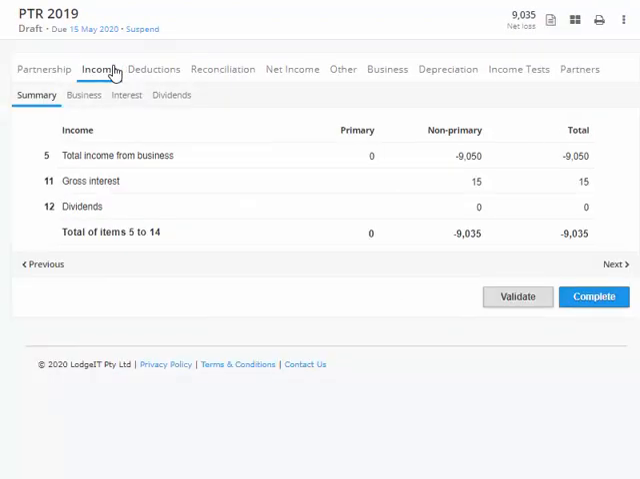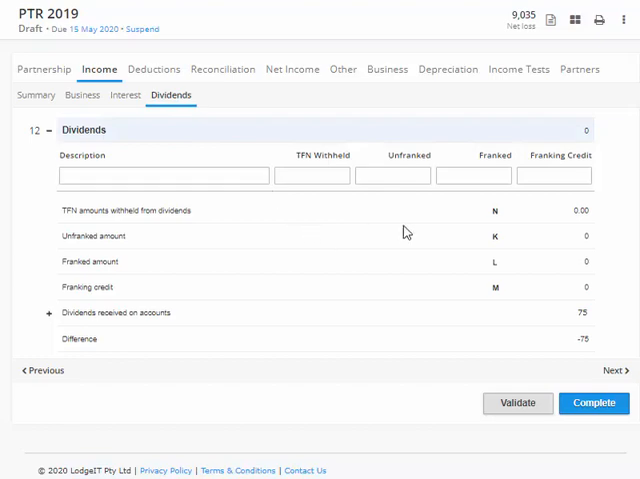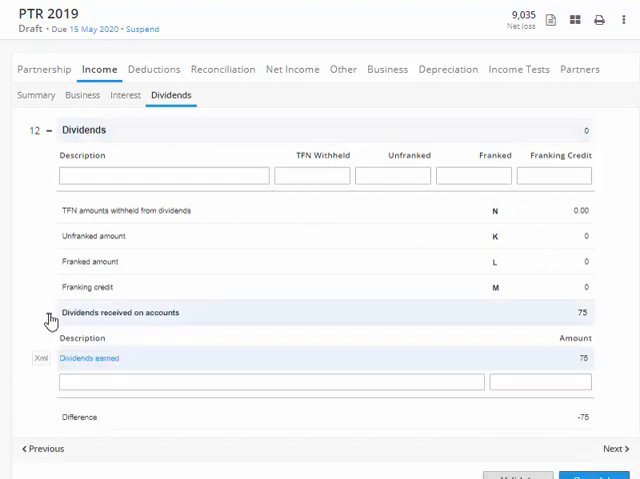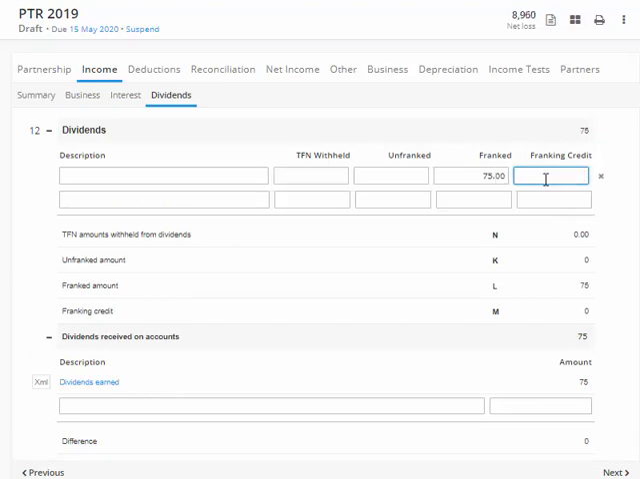So back into income, dividends, and here we've got the dividends in the accounts, but the system doesn't know what the dividends are for tax purposes. And maybe there were some franking credits. So I don't know what that could be, probably say $20 or something. There is a ratio there, but I'm not too worried about that now. Just showing you how this will flow through. Notice the franking credits will reflect, and we'll still end up in a difference